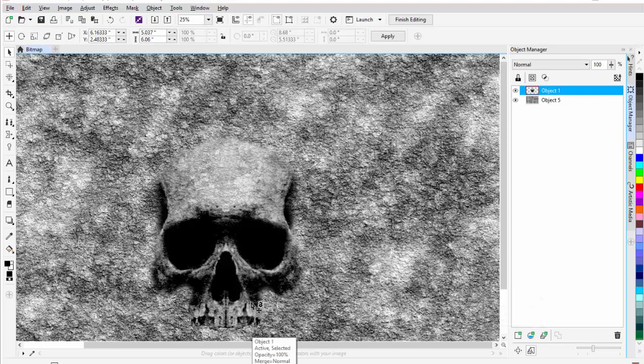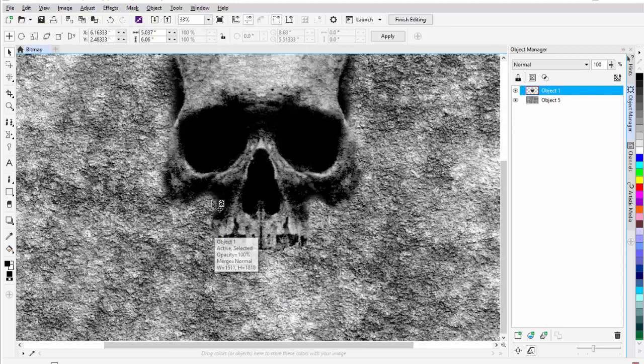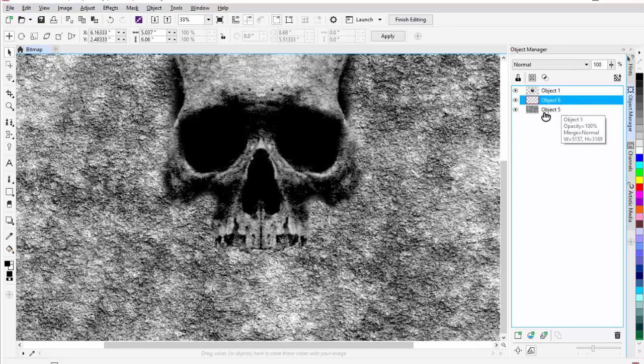The next thing that I'll do is I'll go ahead and add some shading down here under my teeth, so we get some more definition or contrast in here. To that, I'll come down here to the bottom of the Object Manager, and I'll select New Object. That'll be Object 6. I'll select that, and I'm going to put that underneath. Left click, hold down, drag it beneath the skull that I have here,